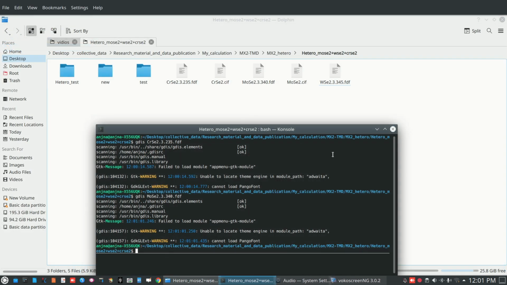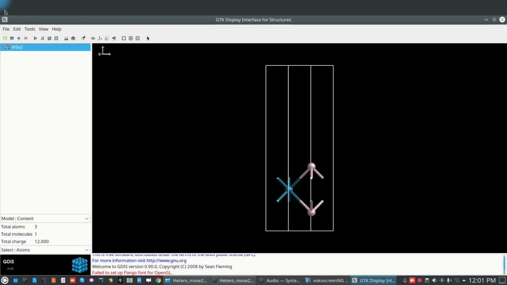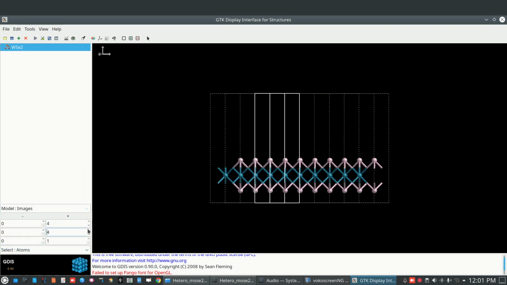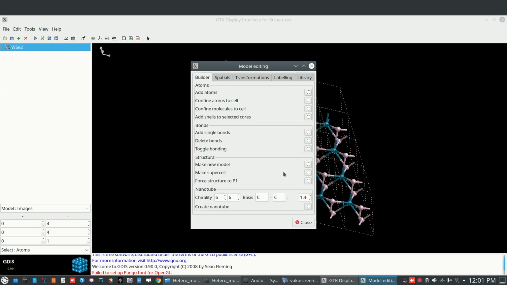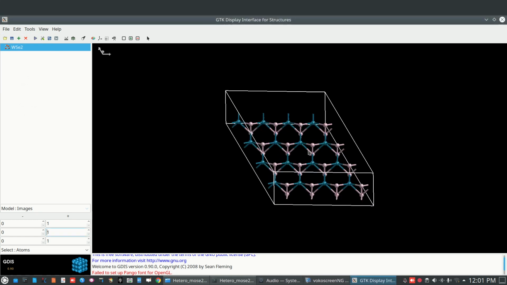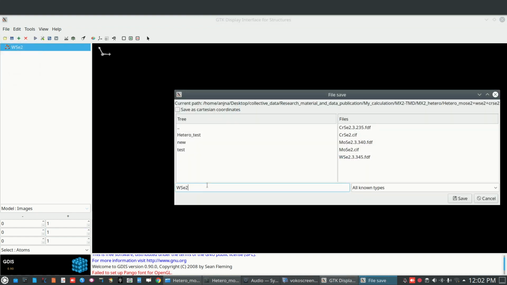So zip format because it is open in Vesta, that is why I am going to make zip files. WSe2, again because I have taken 3 atoms in a unit cell, and I make supercell of 4x4, and then I will open these structures in Vesta and make zip file